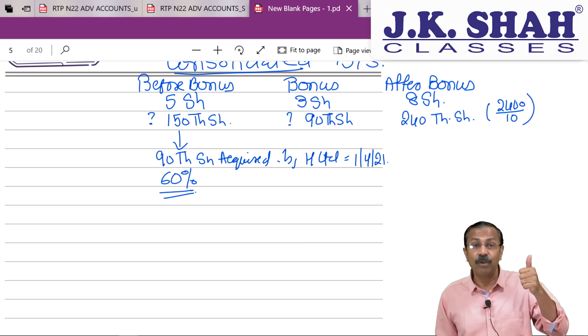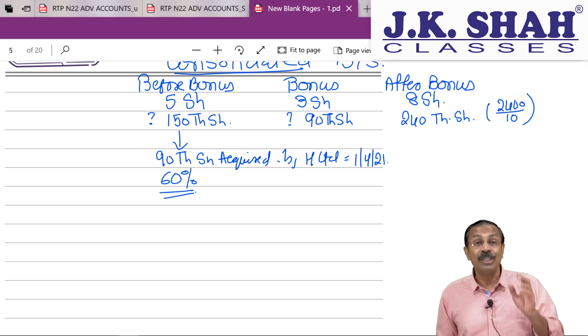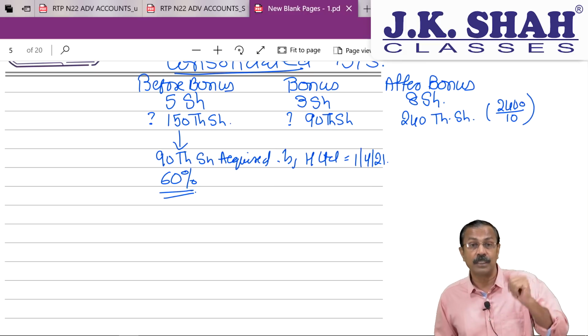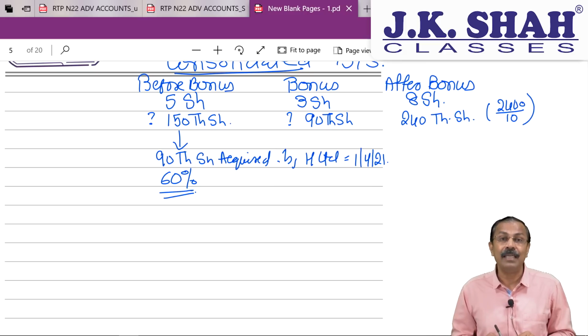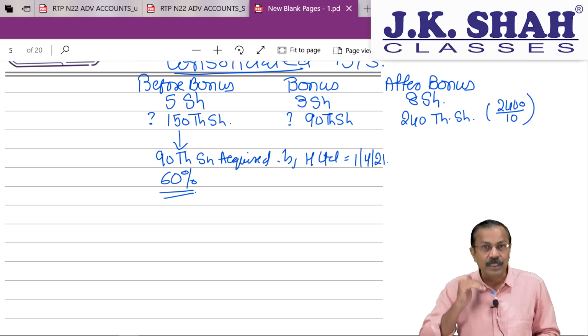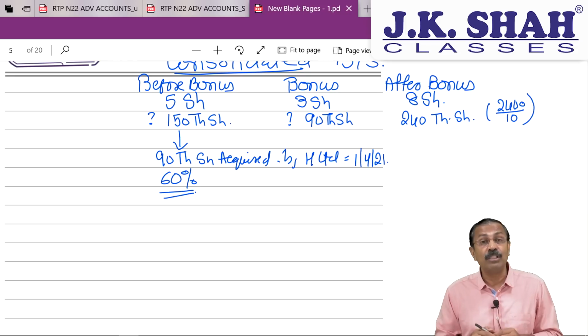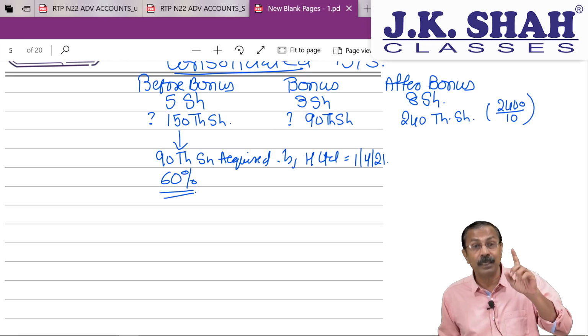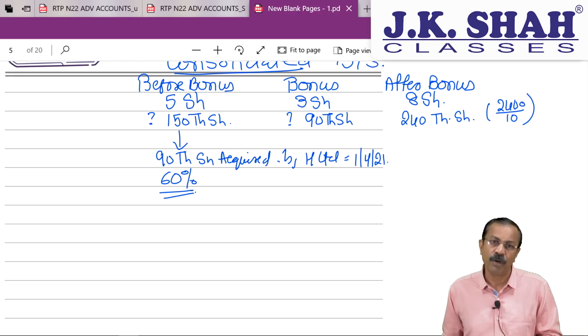90 was acquired on 1st April 21. Bonus is given in November. So shares were acquired before bonus issue. So at the end of the year, the holding company will not be having 90,000 shares. They have also received bonus in the ratio of 3:5, remember. So their number of shares have also increased. What is important is the stake is not less than 50%. It is more than 50%. It actually comes to 60%. Minority interest will be 40%, remember.